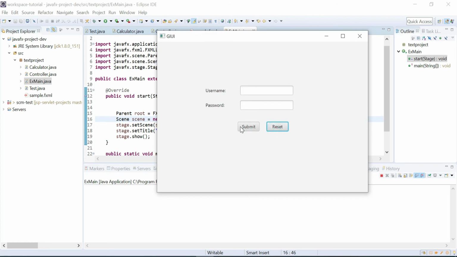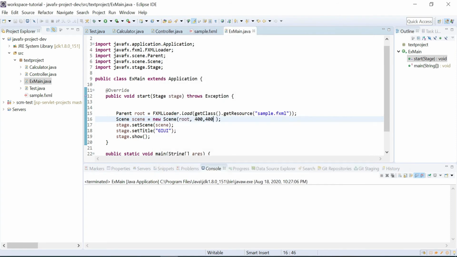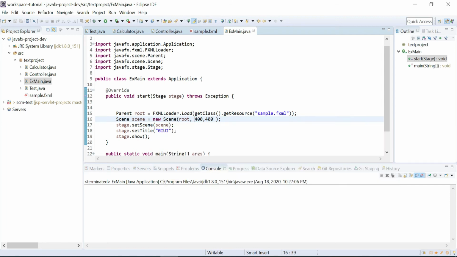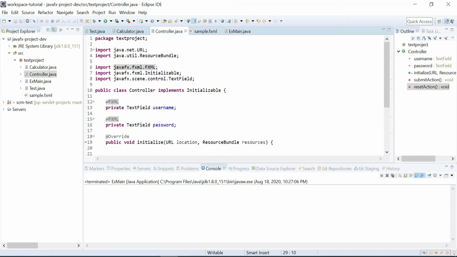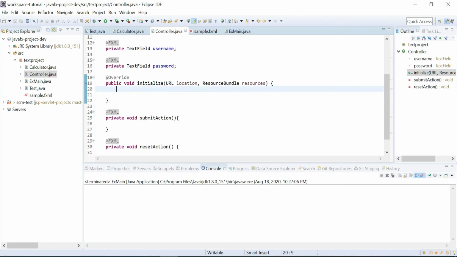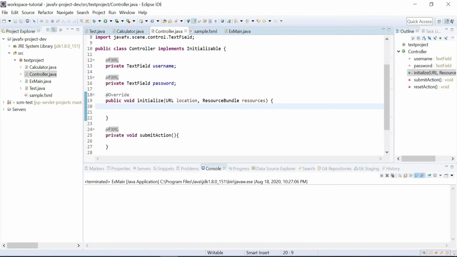I have written some methods on click of these things. So let's write the code for those two variables. So let me go here. Before you see the window, if you want to show some title or something, then you can write code here in the initialize.